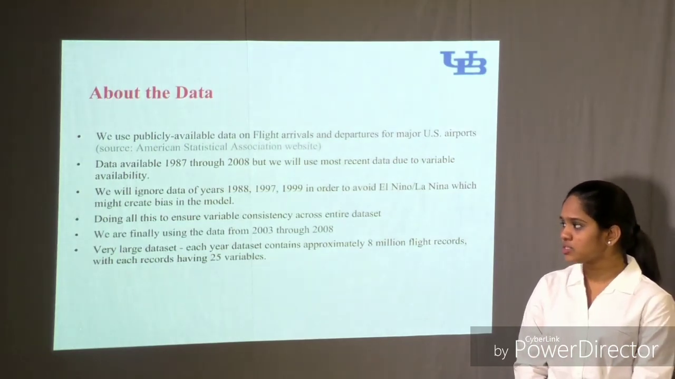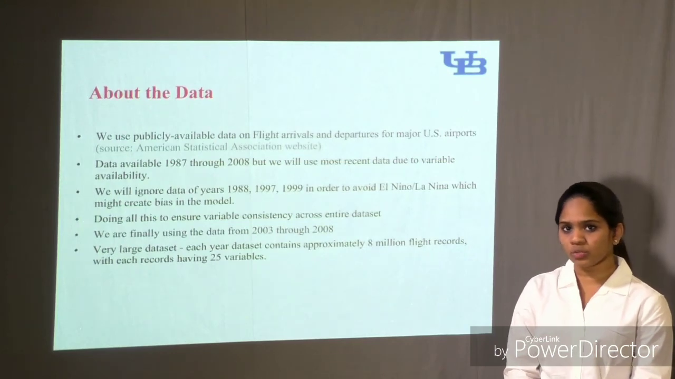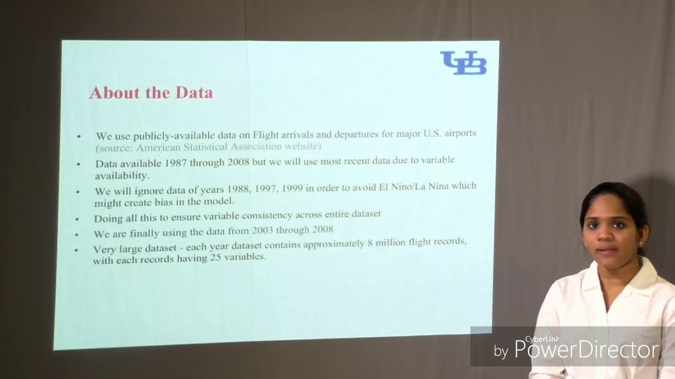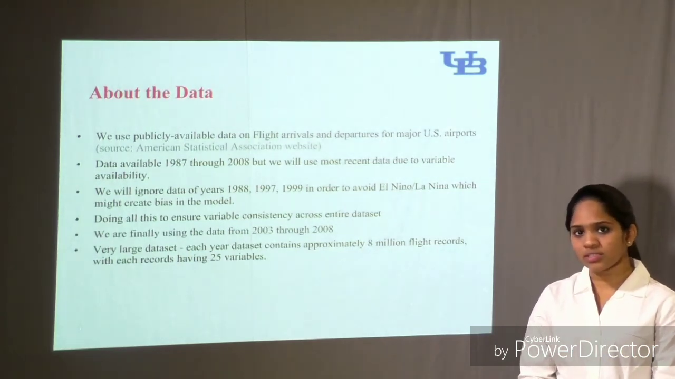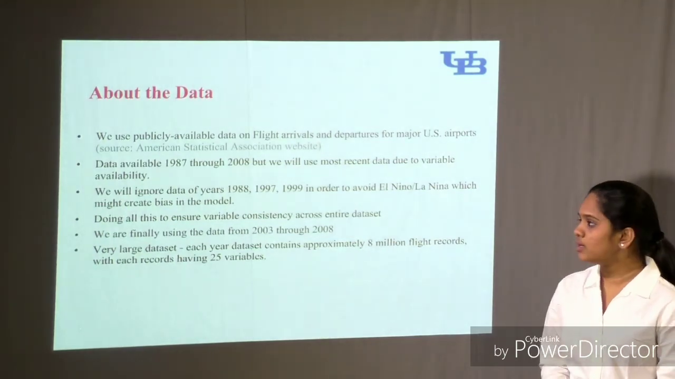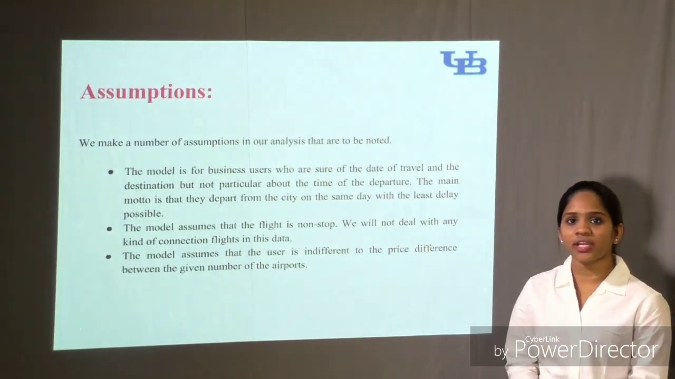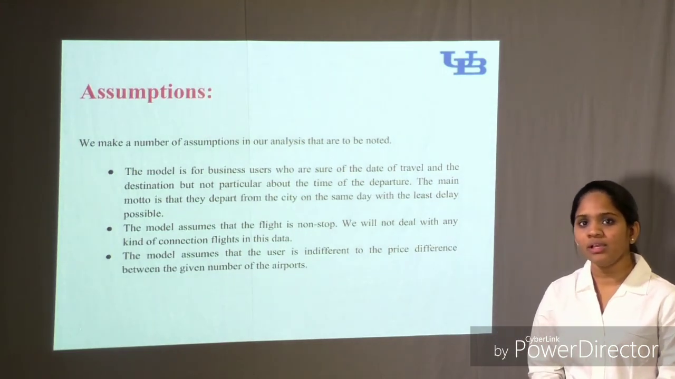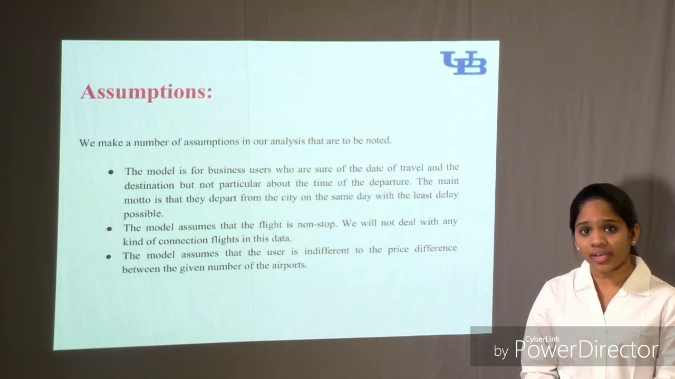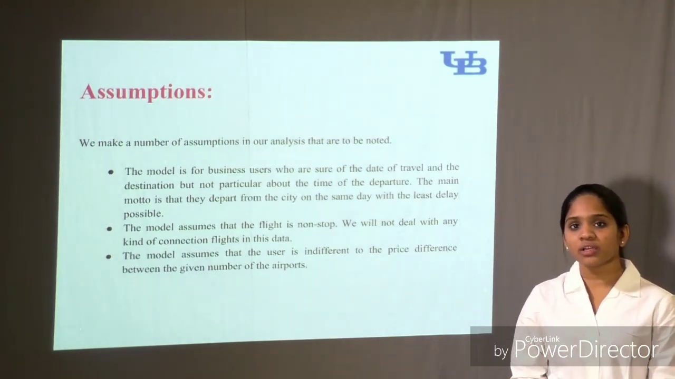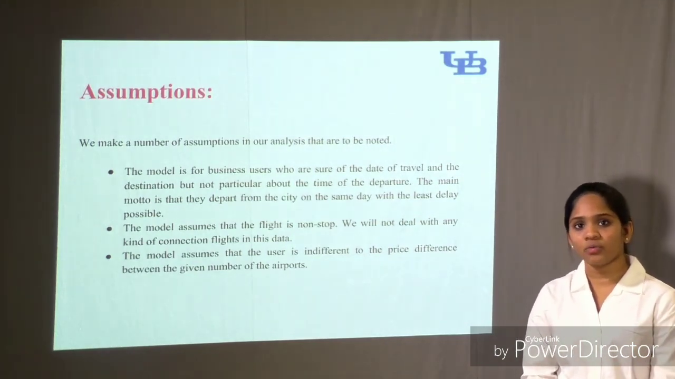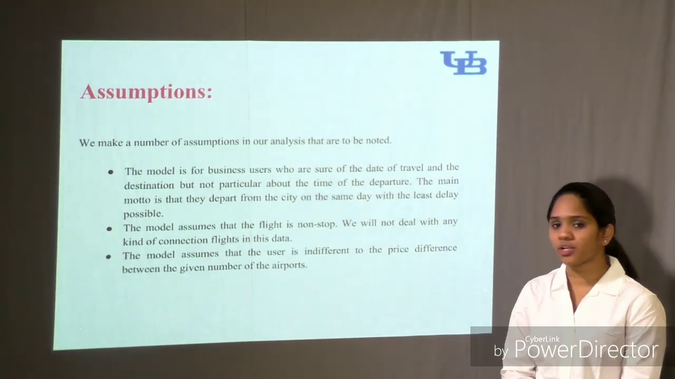the data which is from 2003 to 2008 only, because we have to ensure that there is variable consistency, because there are some variables that are not present in the years before 2003 that are present after 2003. Choosing such kind of data might cause bias in our learning model. And the size of the data set is very large, in which each year contains around millions of records, and we have data of around 5 years of such records that we're going to choose for